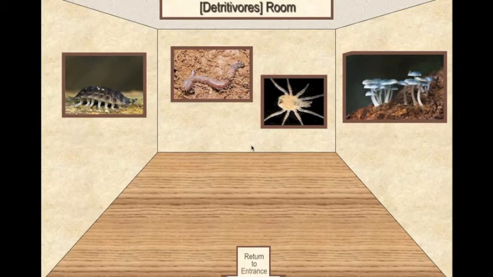Detritivores are scavengers which feed on dead plants and animals or their wastes. They are essential for the recycling of nutrients. Basically, without them, dead plant material would not be returned to the soil for new growth. Then this means that the earth could be covered by deep layers of old vegetation and a lot of